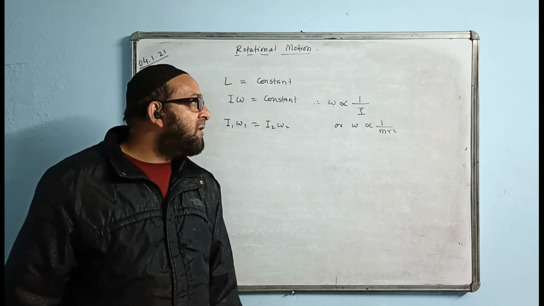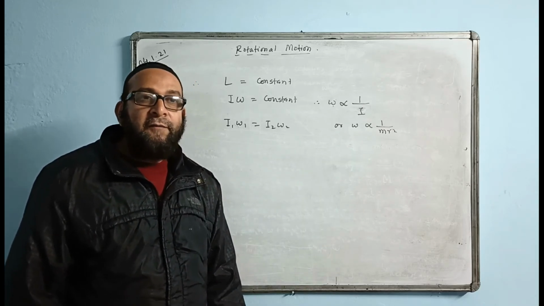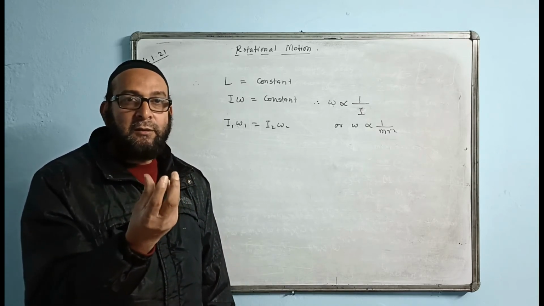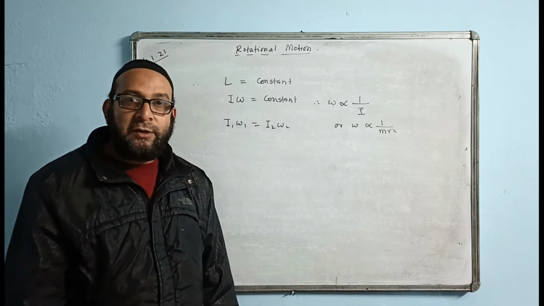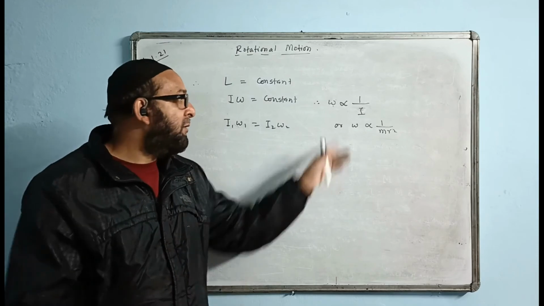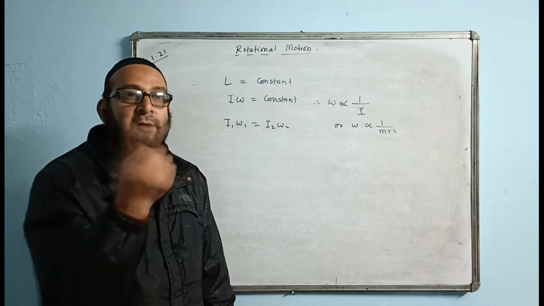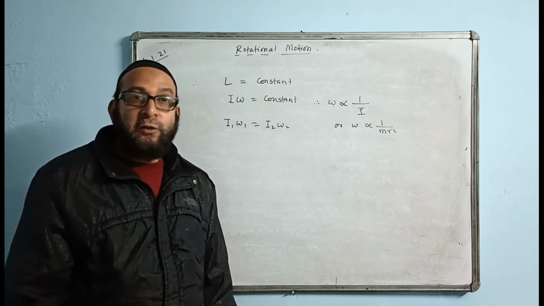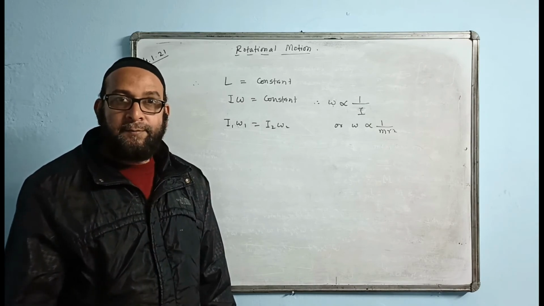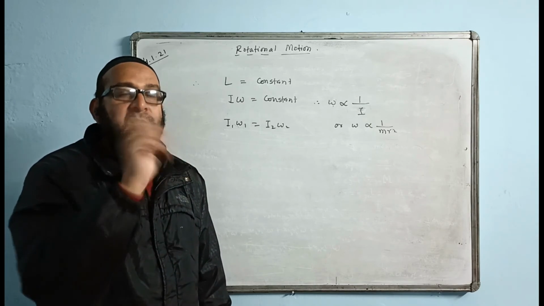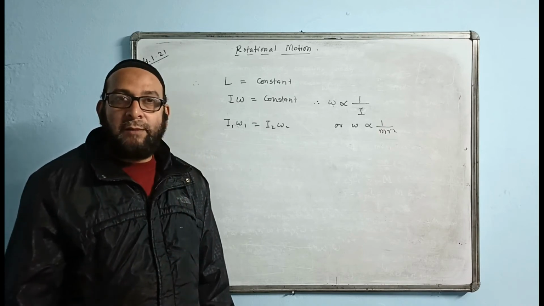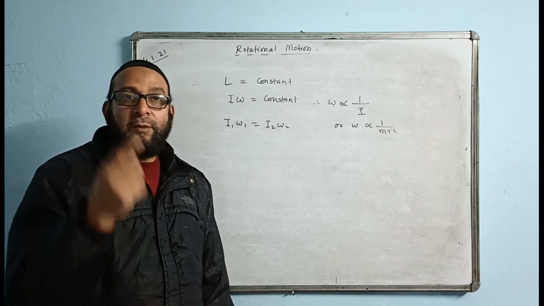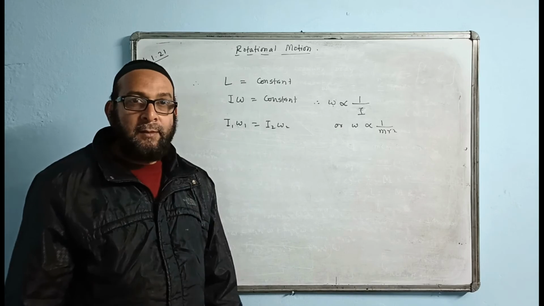There are quite many reasons and questions based on this fact. When the radius of the Earth shrinks, what will happen to its speed of rotation? Will it increase or decrease? When r is decreased, then omega will increase. That means the speed of rotation of the Earth will increase, and as a result, the duration of the day will be shorter, because Earth is rotating faster. Normally it rotates in 24 hours, in a day. And now it will rotate faster because the speed is increasing.